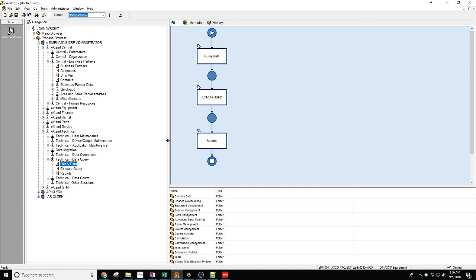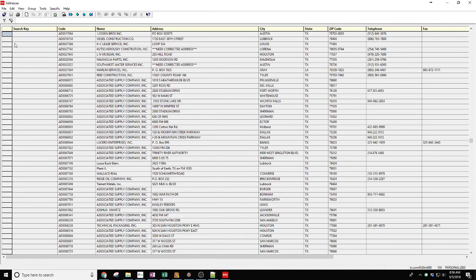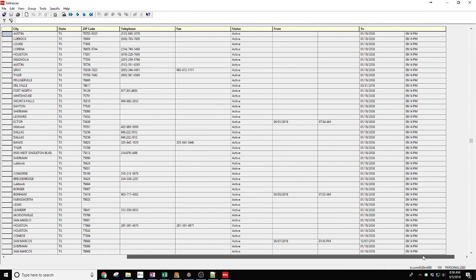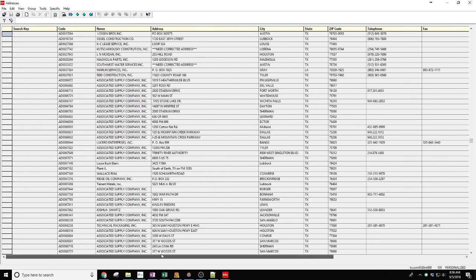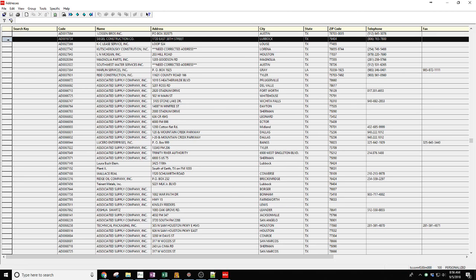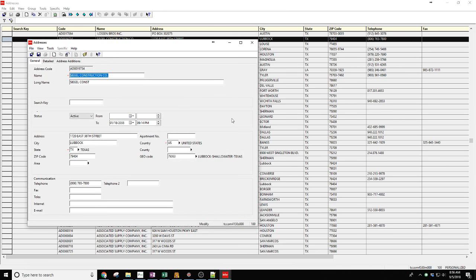But anyway, the place I start is I'm going to close that, and we're going to do a query on addresses to find address codes that have a long name that is empty. I'm going to go to Central Addresses and open up the field that shows what I'm looking for. This multi-row session does not have long name in it, so I'm going to open one of the items, and here is where you can type